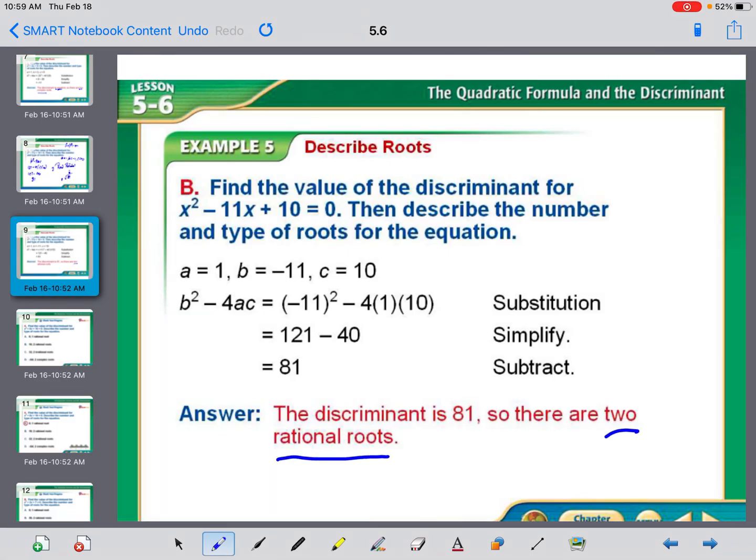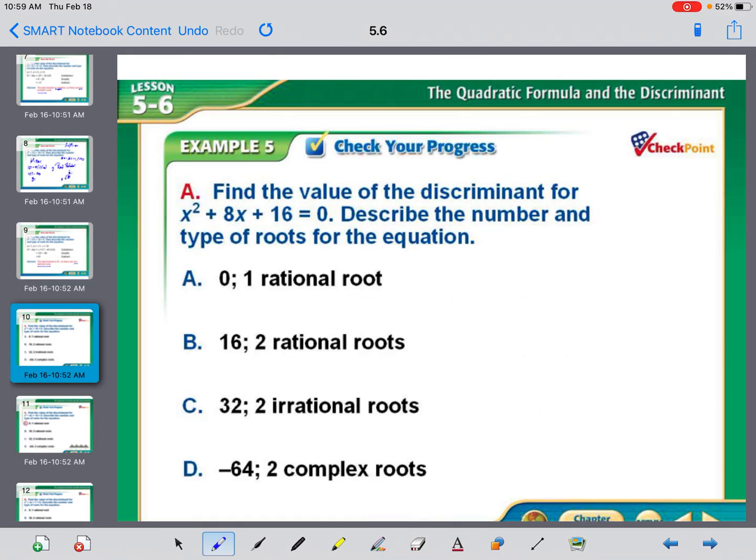So we're saying there were two real rational roots. They don't say the word real, but if they're rational, they can't be imaginary or complex. So I said we're going to go real quick through these. So the A is 1, the B is 8, the C is 16, and when we do the B squared